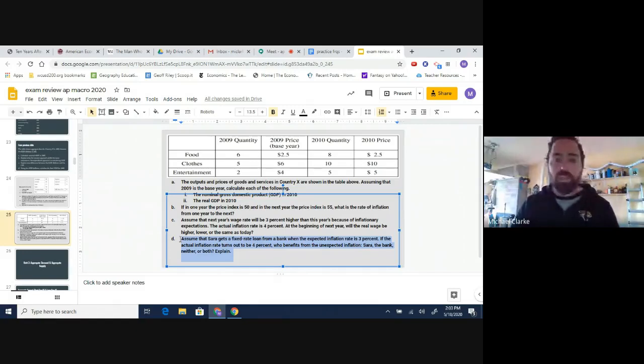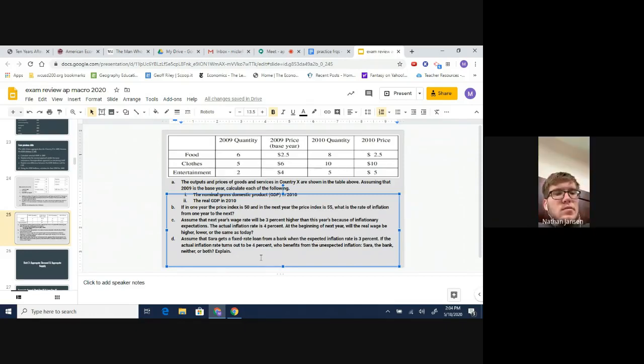Here's a multiple choice question, guys. You got a 25% shot. So in this case, when the inflation rate is greater than expected, Sarah is going to be the winner. Why? Well, if the bank had known that inflation was going to be 4%, they would have charged Sarah 4% when they gave her the loan, but they didn't. The bank loses in this case because when the bank gets that money back, when Sarah repays that loan, their purchasing power is less. Their money is going to buy less in real terms when they get that money back, while Sarah should have been paying 1% more over the course of the loan because of the unexpected inflation.